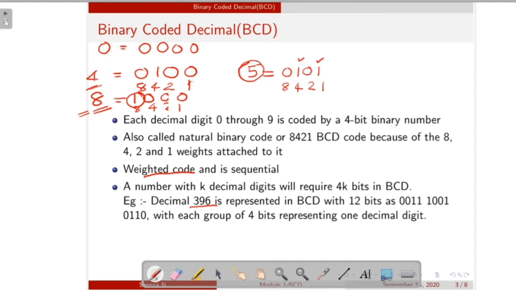So to represent 396 in BCD we require 12 bits. Those 12 bits are 0011, that is the binary equivalent of 3, then 1001, that is the binary equivalent of 9, then 0110, the binary equivalent of 6. So it requires 12 bits to represent the decimal value 396 in BCD.